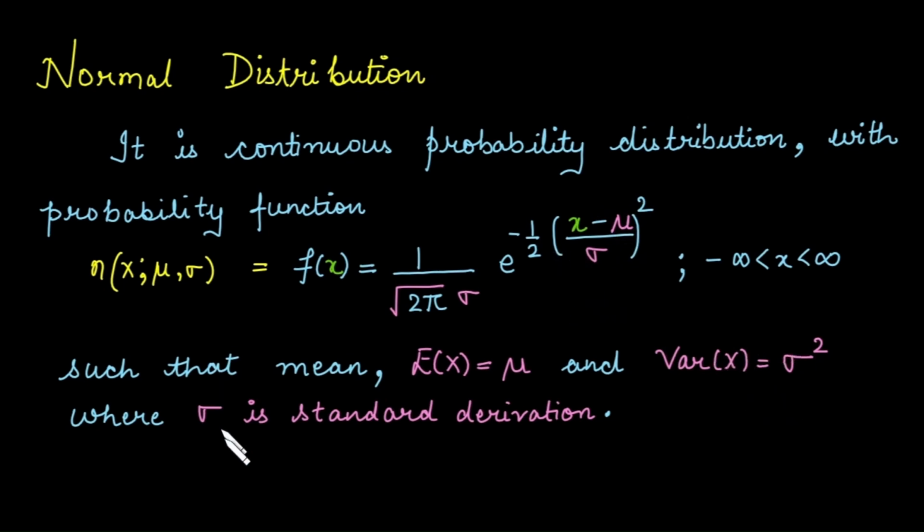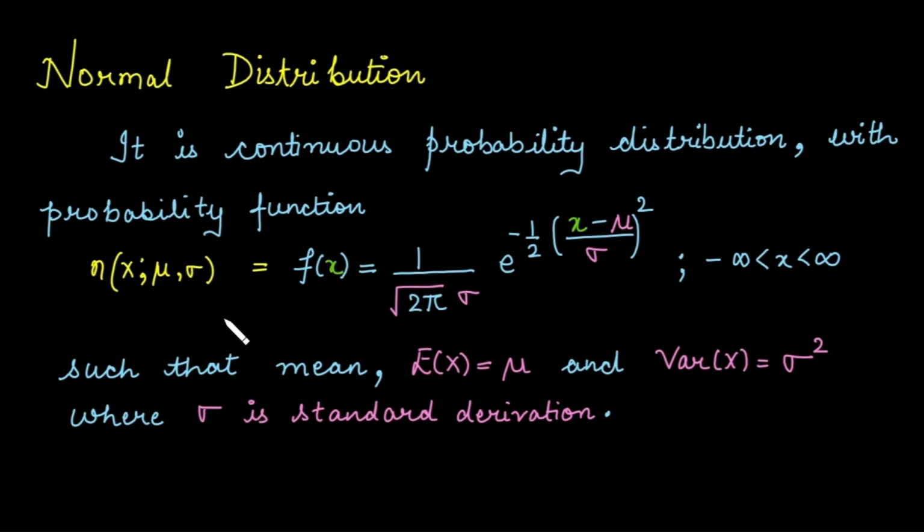the variance and sigma is the standard deviation. In this case, the range of x is from minus infinity to infinity. This mathematical equation depends upon two parameters. One is the mean, that is mu, and another is sigma, that is the standard deviation. So therefore, in some literature, you will find such notations where mu is the mean and sigma